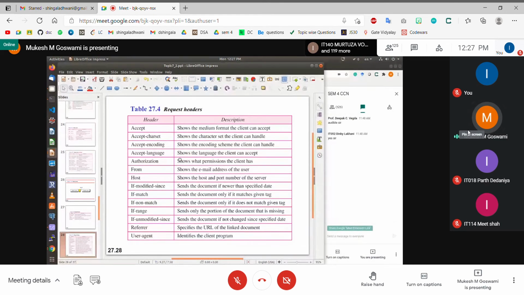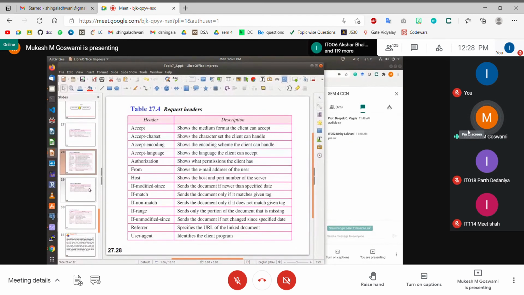Authorization indicates the information which is needed to access a resource which is not open to the public, right? So it is a private resource and can only be accessed if you have some authorization information, for example a token. Authorization is a very important parameter when we talk about REST APIs, because REST APIs can only be accessed by authenticated users. So you have to get a token, and once you have a token, you will be able to access that web page, otherwise you will not be able to access that content. So the authorization parameter consists of the authorization information.